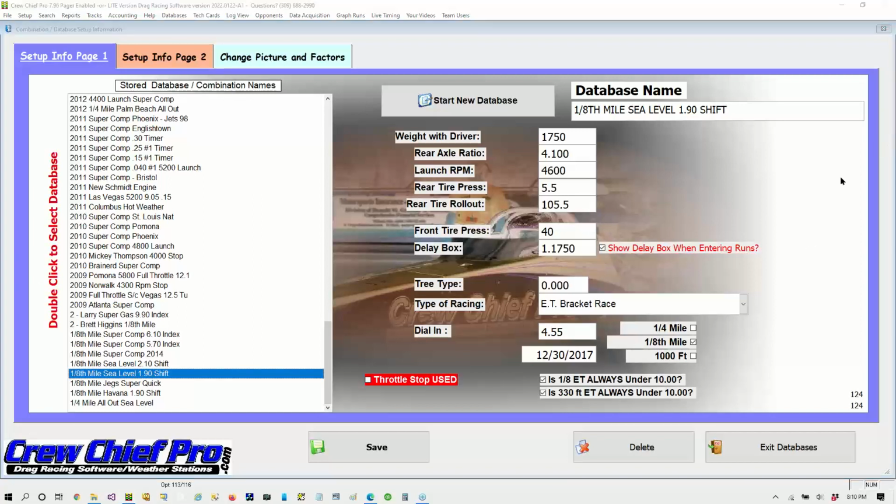That's what this is right here. It's blinking at you to double click to select the database and then press the enter key. When we do that, we make it a little bit more complicated because we want to make sure you're on the correct database before you make a new one. So I do that, double click and press enter, and then and only then can I use the Start New